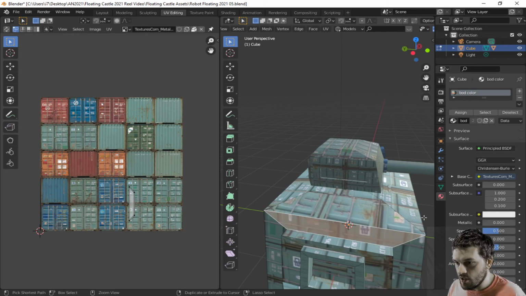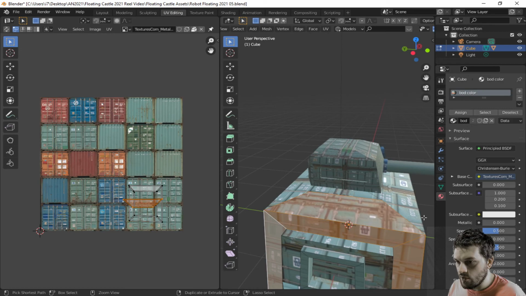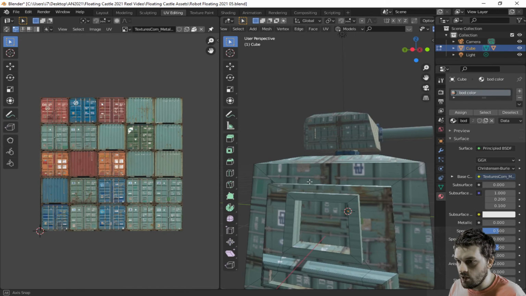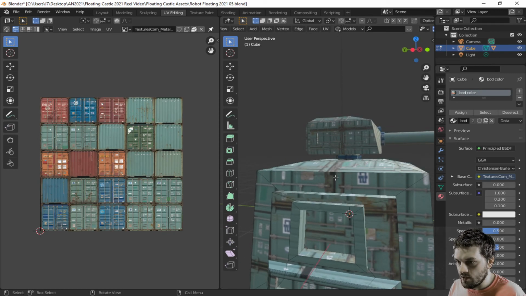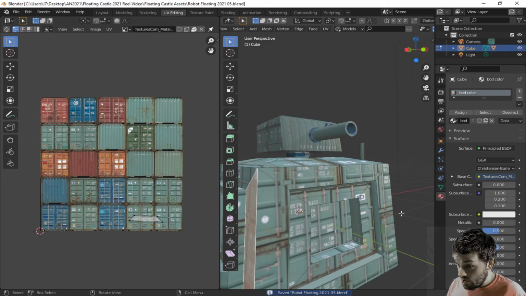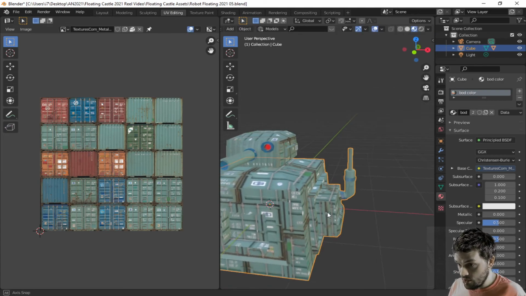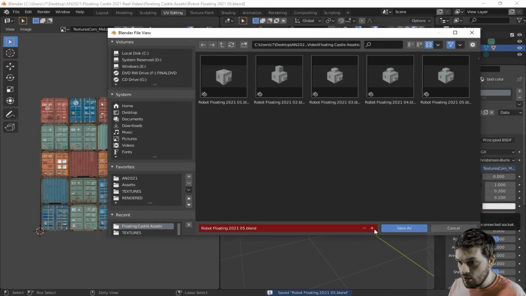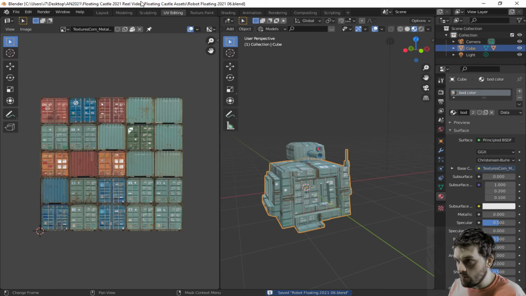But it did mess up the top. And so I'm actually going to undo all of that, because the top looks consistent already. Really, it already has a little bit of consistency right there. They're already kind of connected, at least on the top. I think at this point I'm really just being a perfectionist, and I should just leave it and call it good. It's Control Shift S again, and let's call this floating robot